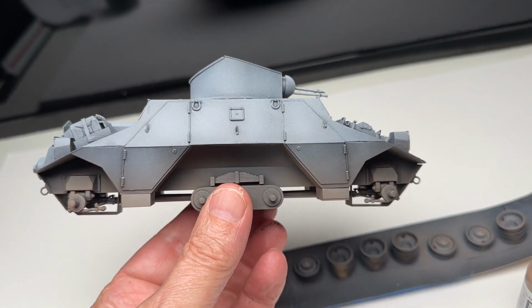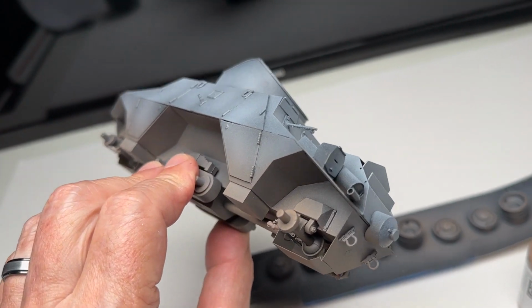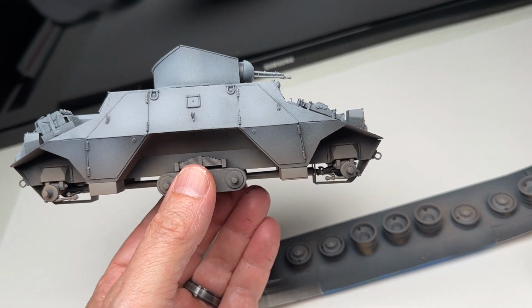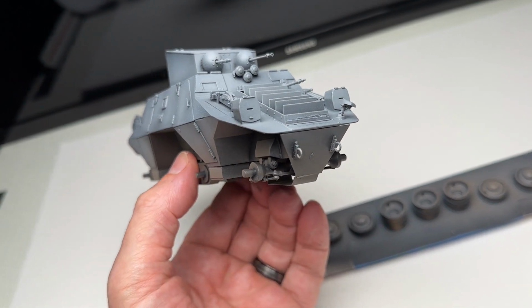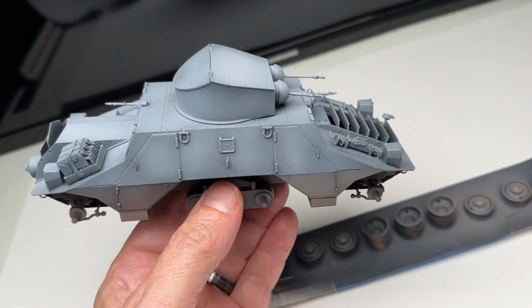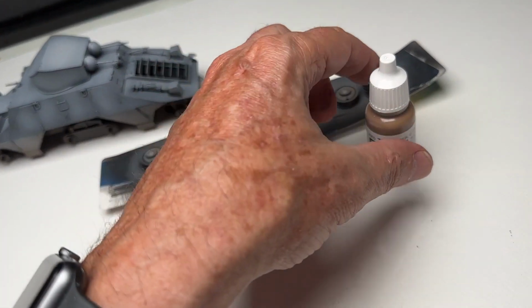Okay, next step in airbrushing, I added some weathering color here to give some more contrast, because I like contrast, and to do this with pastels or washes would just take a while, and I just wanted to get a little bit of some life to it and get a little more color in with the Panzer Gray. So what I did was using,